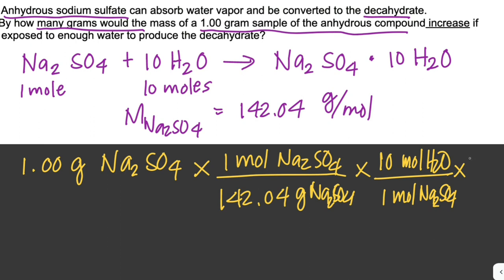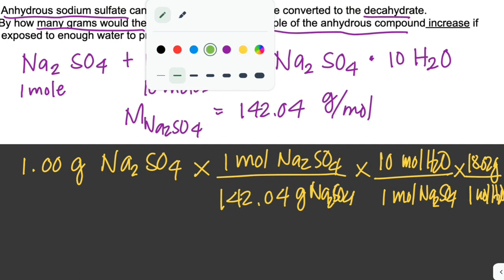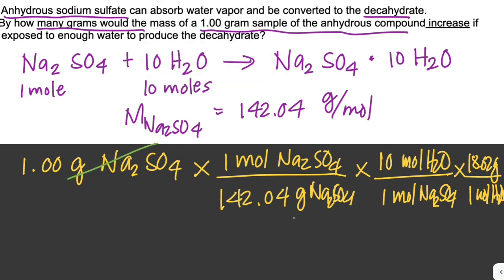So the molar mass of water is 18.02 grams per 1 mole water. Alright, so grams Na2SO4 cancels out, as well as the moles Na2SO4 and mole water. So we are left with grams water,